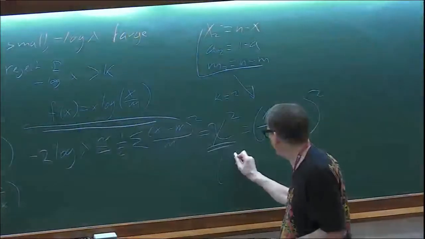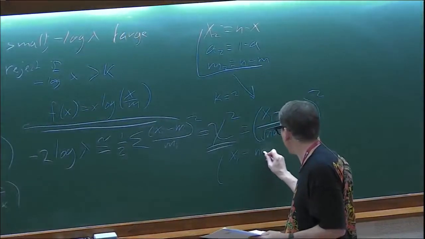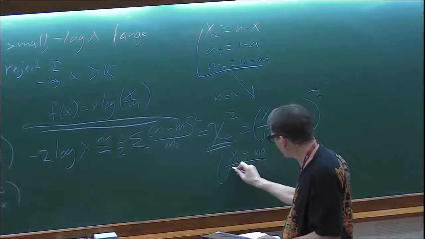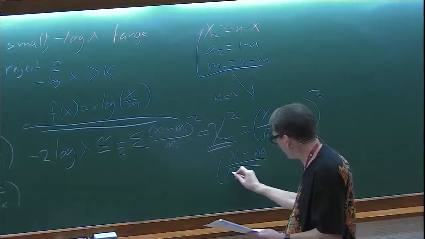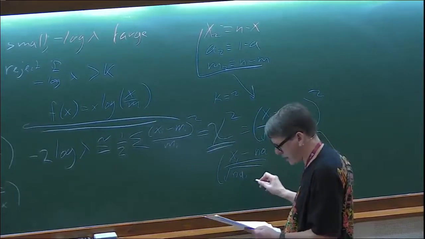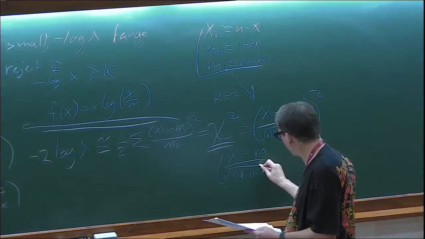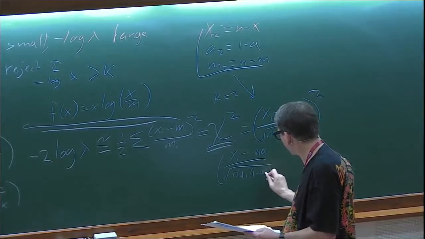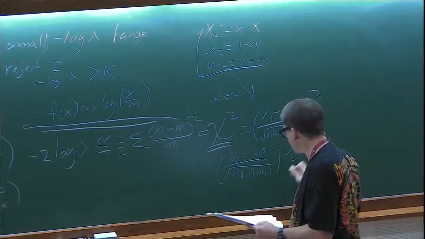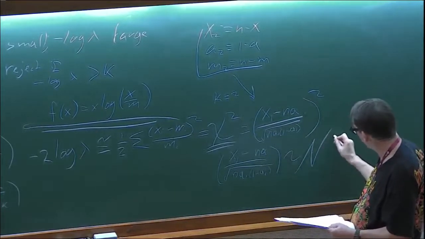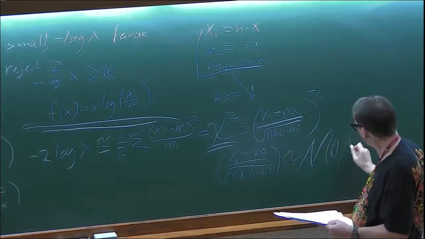So this, x1 minus n a1, over this funny square root, n a1 times 1 minus a1,